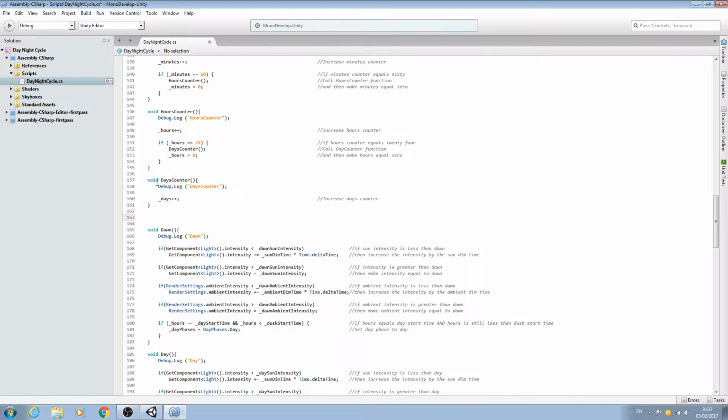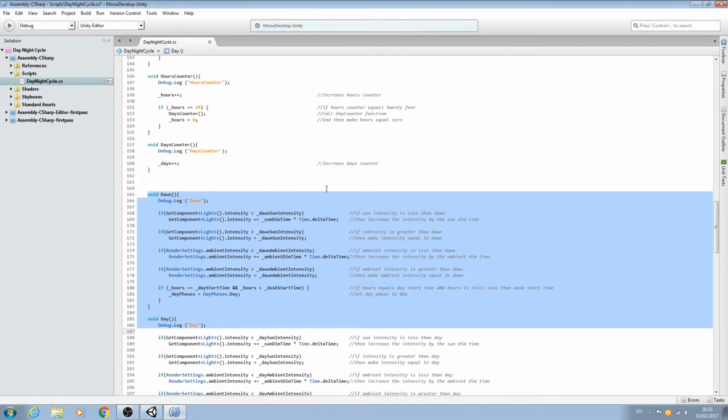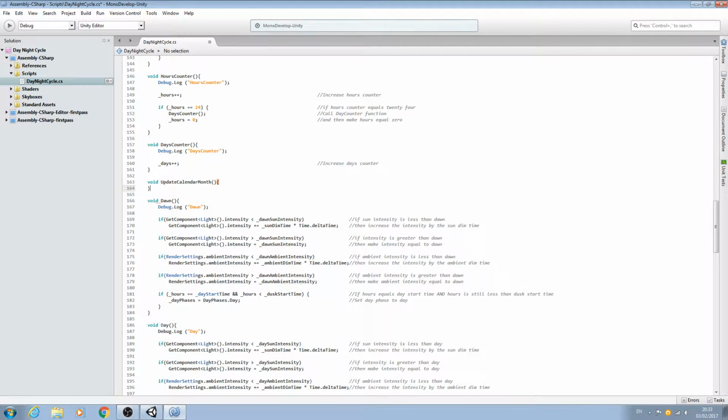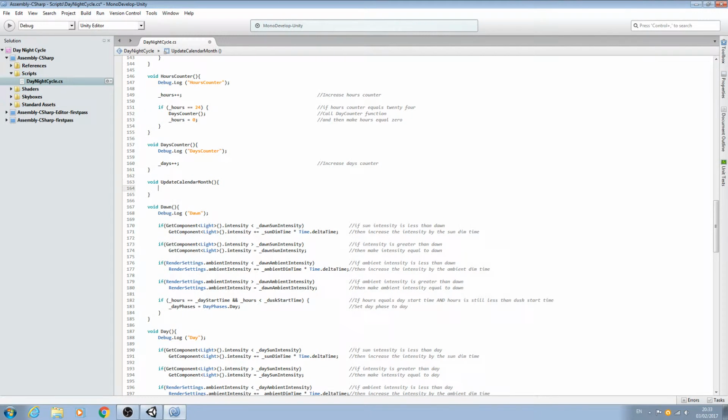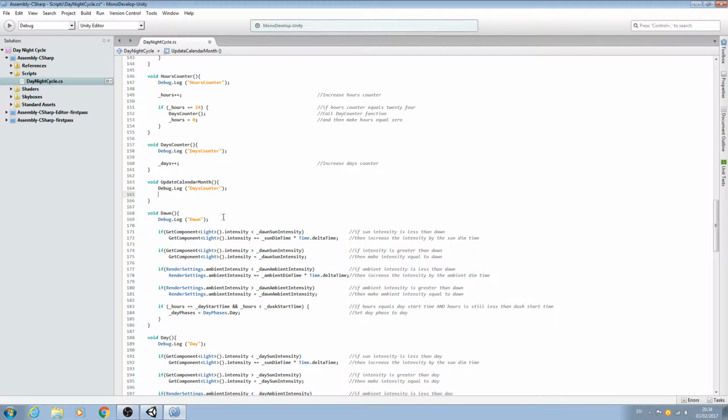And I'm going to come between days counter and where we actually start the states. And let's create a new void. And let's call this update calendar month. We'll open and close brackets, we'll open and close again. We'll come inside and we'll copy the debug log and then just switch out the naming convention again,